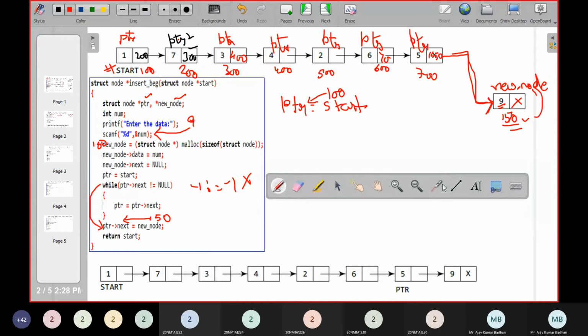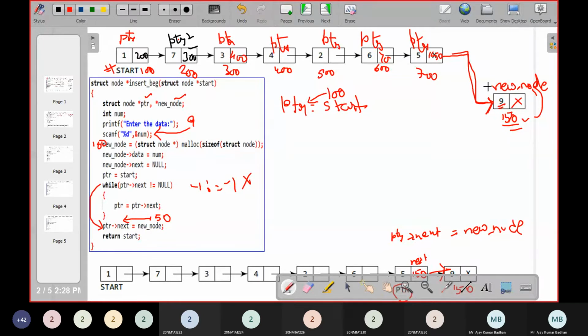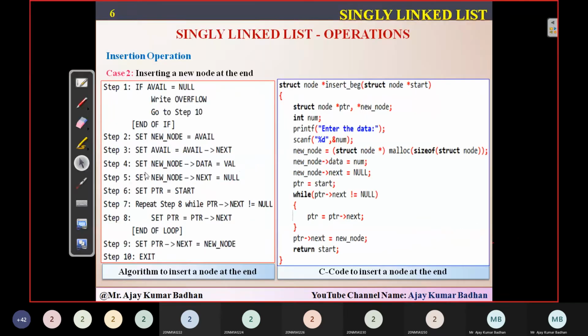And you can see I have already presented it here. So pointer is pointing to this location. Pointer next equal to new node. So this is the address we have, and that address I'm placing here. This is next. So how to write it? Pointer next equal to the address of the new node that is present in the variable called new node. That's it. Automatically a link will be formed with this, and you have inserted the element at the last. So this is how you can perform insertion at the last.